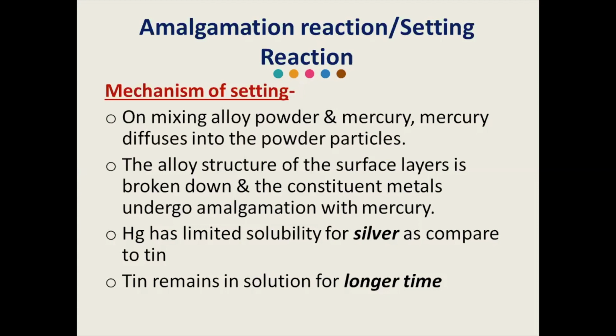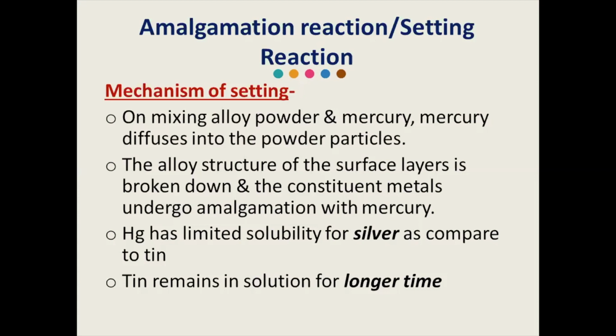The alloy powder gets abraded against the wall of the mortar. Because of this abrasion, the outer covering coated on the silver alloy powder is removed, and after that mercury can diffuse very nicely into the silver alloy, and this starts